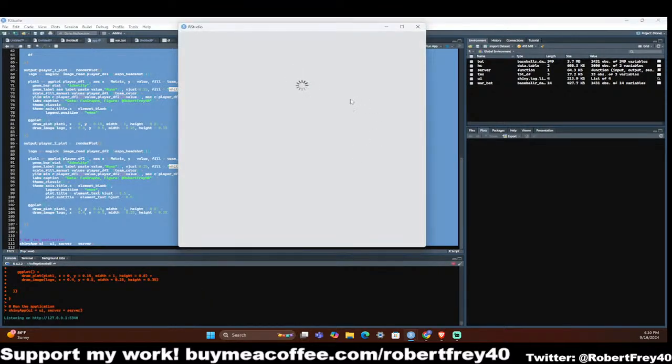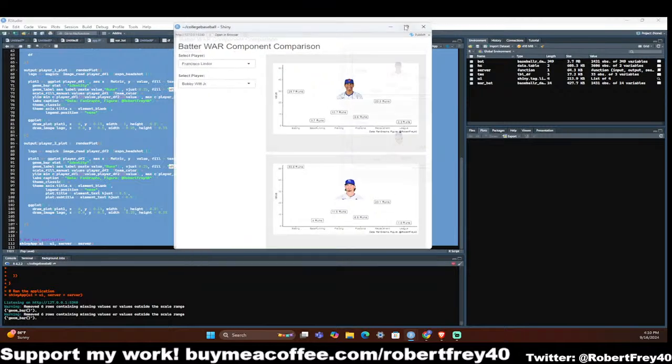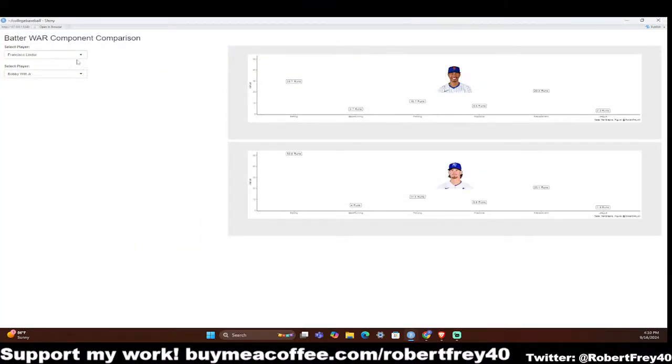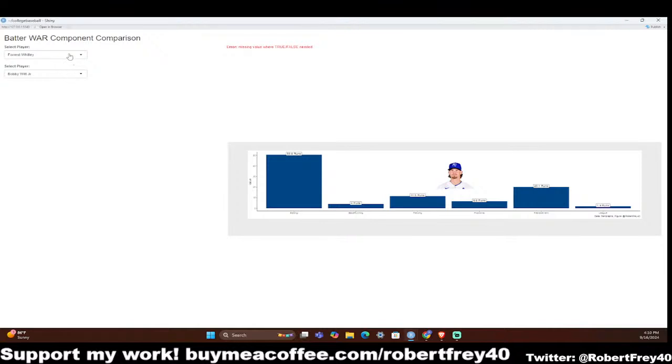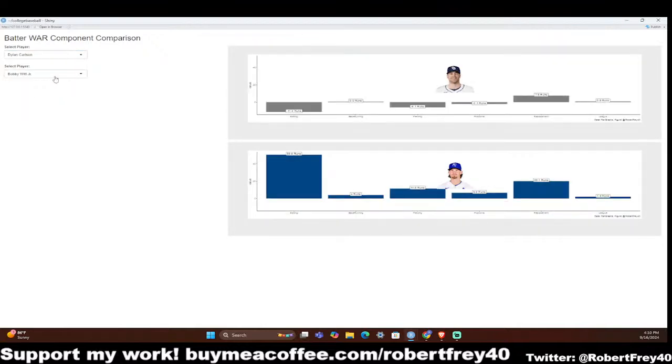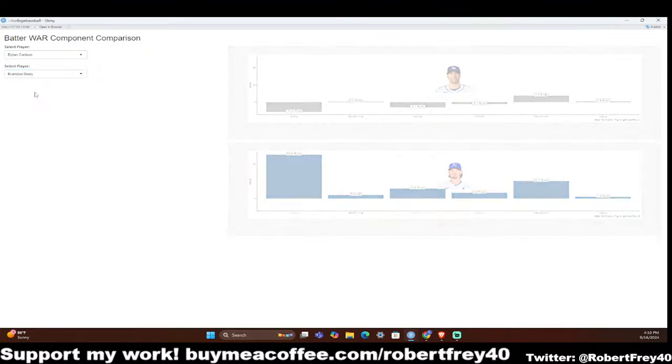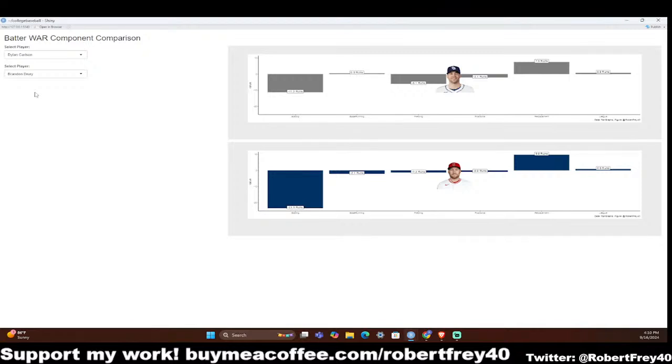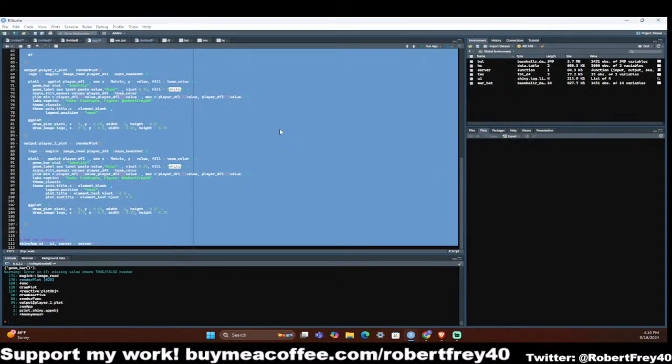So we'll rerun it. Looks a little bit smaller. Yeah, it's interesting. So Dylan Carlson with the Rays, Bobby Witt, Brandon Drury. That's very interesting. So yeah, this is a pretty simple way